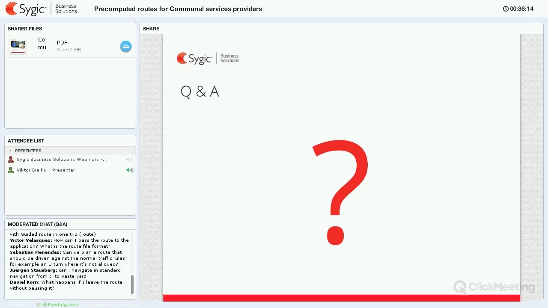So let's say that you drive on one route and there is a closed road, so you go to a different road which is parallel to the original. In that case, your position will be shown on the parallel road, and there will be a red line which will show your projection on the original route, and you will see the progress on the original route